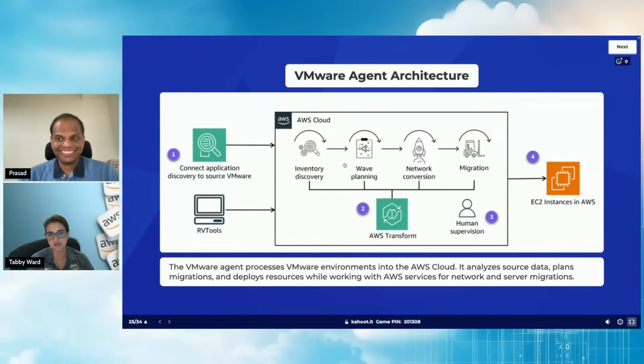And then it assesses the readiness. Another aspect of this is network conversion or translation, right? It takes care of translating the VMware network constructs to AWS, and then eventually it uses MGN, or Application Migration Service, under the hood, which is all automated. There's no manual intervention, not at the moment, involved. You can get involved as a human in the loop to review all the changes and modify things as needed, but usually it's an end-to-end process, and it will take care of the migration and rehosting onto EC2.